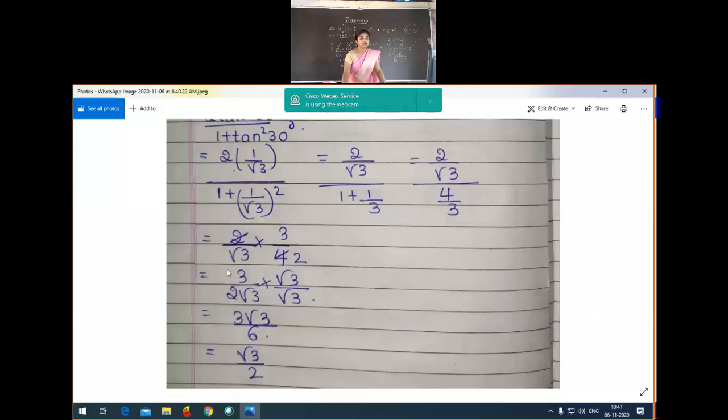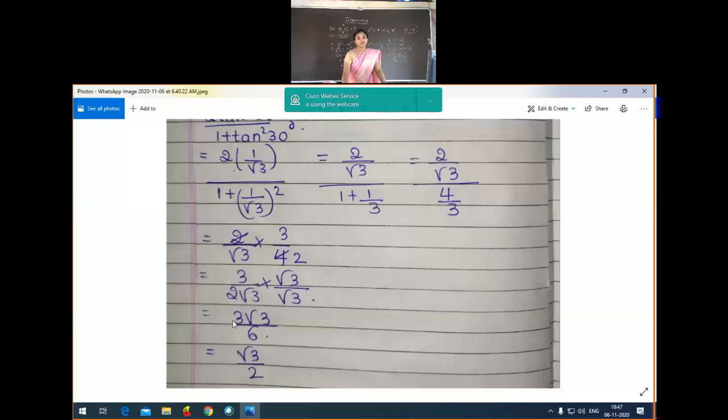So now again we have to apply the rationalization of the denominator. Here the rationalizing factor of root 3 is root 3 only. So for 2 root 3, for both numerator and denominator, we have to multiply by root 3 by root 3. So 3 into root 3 is 3 root 3. 2 root 3 into root 3 is 6. How? You have to work it out here. 2 into root 3 into root 3 is root 3 whole square, that square root gets cancelled, 3 only. So that's why 3 twos are 6. Got the idea, students?